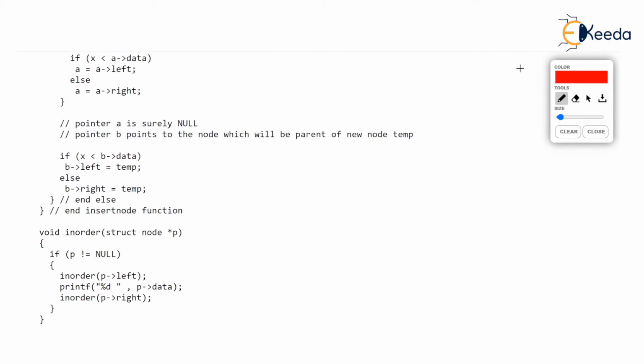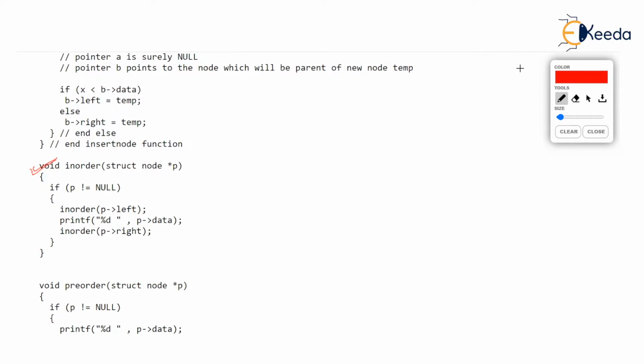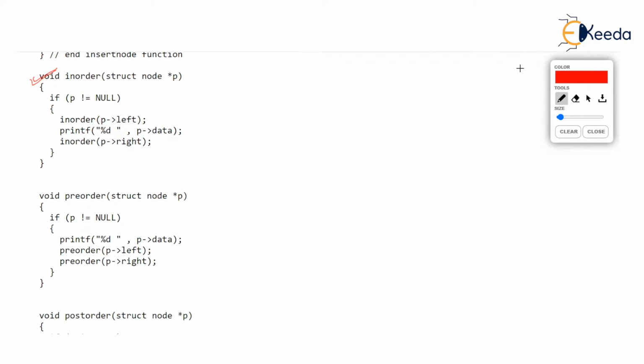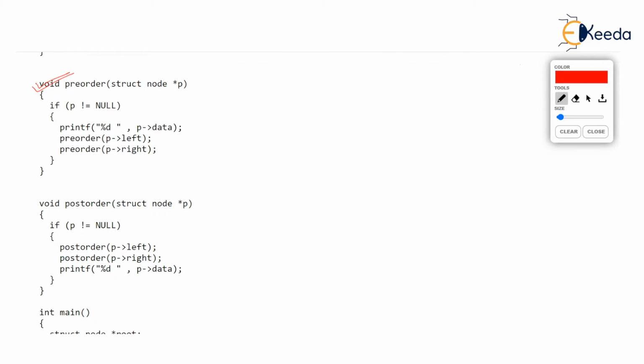Well, after insert node, we have written the in order traversal function. We will first learn what we mean by in order in the next video, and then we will come back to this recursive function. So we will be having a gap in learning this program. In the next video, we will learn theory about in order and pre-order. What exactly is pre-order and what is post-order will be learned in the next video, and then we will come back to this program. And finally, we have main.